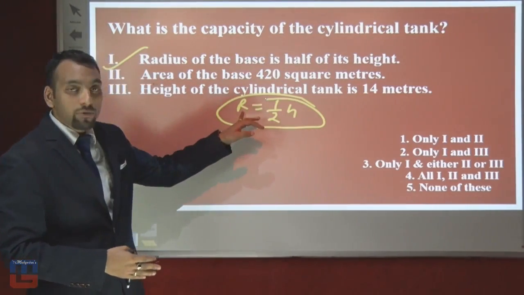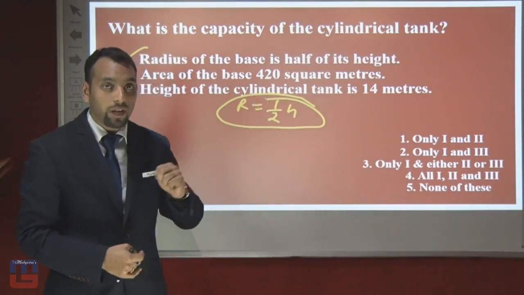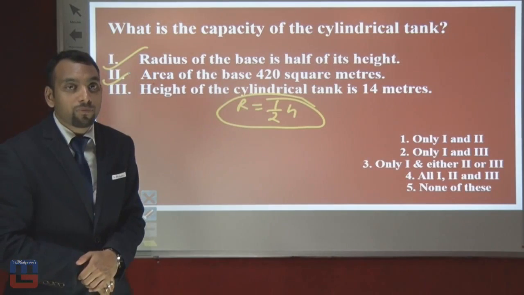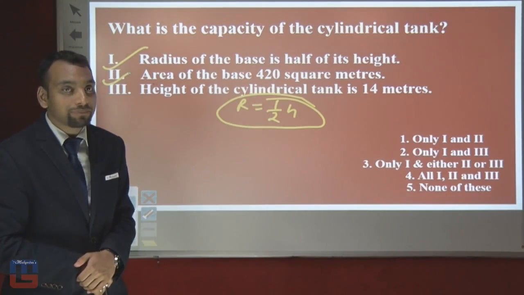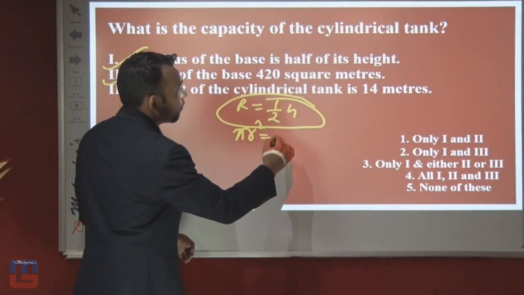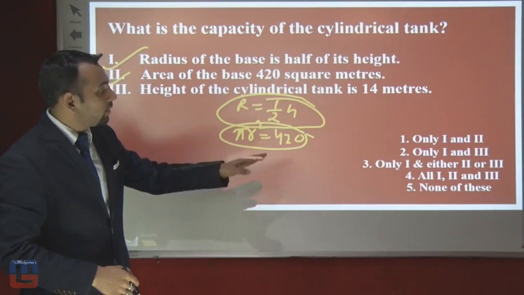We have the relation between r and h, that is r is 1/2 of h. Now read the second statement. The area of the base is 420 square meter. The area of the base means pi r square, which is equal to 420. So from the second statement we can find the